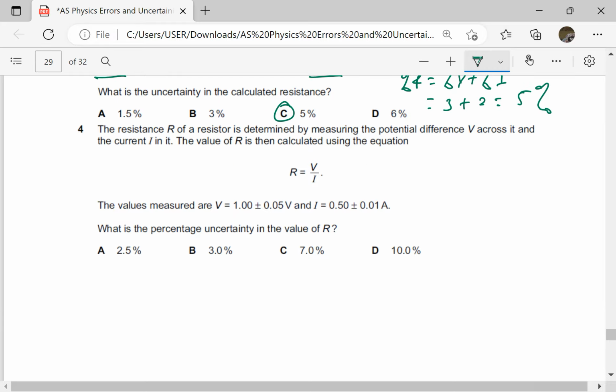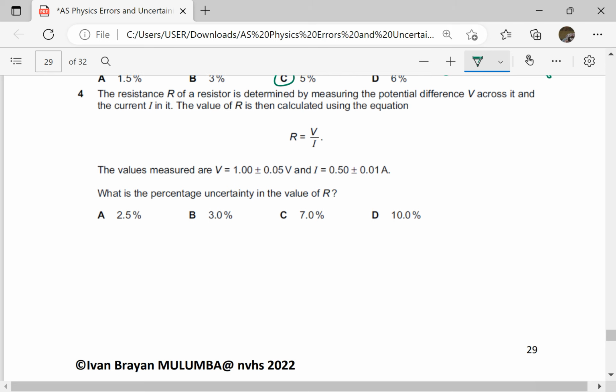The resistance R of a resistor is determined by measuring the PD V across it and the current I in it. The value of R is then calculated using that equation. What is the percentage uncertainty in the value of R? They gave us V and I. So percentage in R is going to be percentage in V plus percentage in I, which is equal to, for